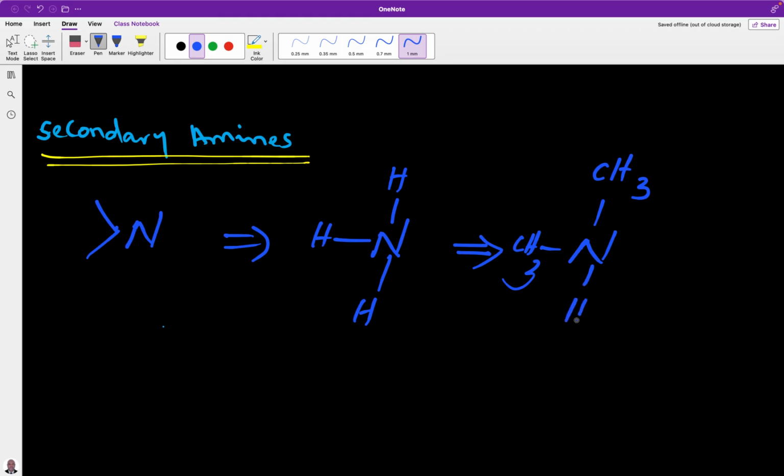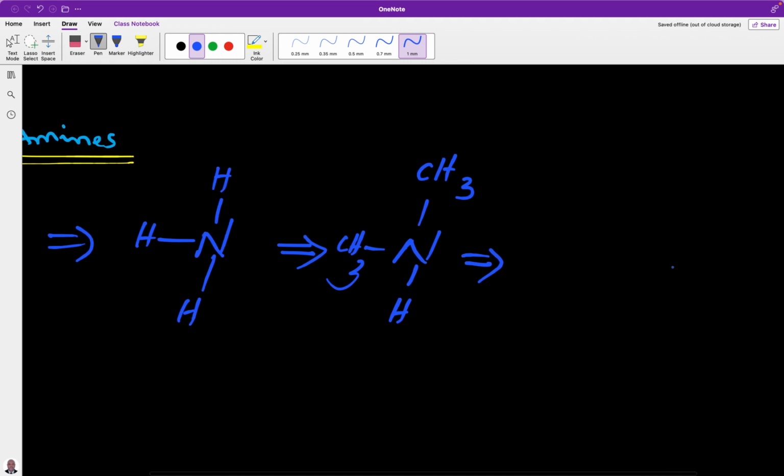For simplification, you can still write it as CH3 NH CH3. This is an example of a secondary amine. Two of the hydrogens on the nitrogen of the ammonia have been substituted by an alkyl group, and in that case we will call this